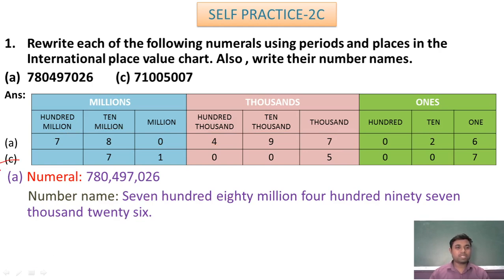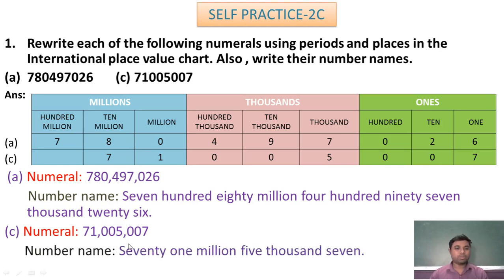Now question number C. So this is given. Write in this way: 7 first, then 0, then 0, then 5, then 0, 0, 1, 7. So in numeral what will it be? This. Okay, dear students, give the comma in the proper place, otherwise it will be wrong. I repeat it again: first for 3, then for 3 digits again. Is it clear?